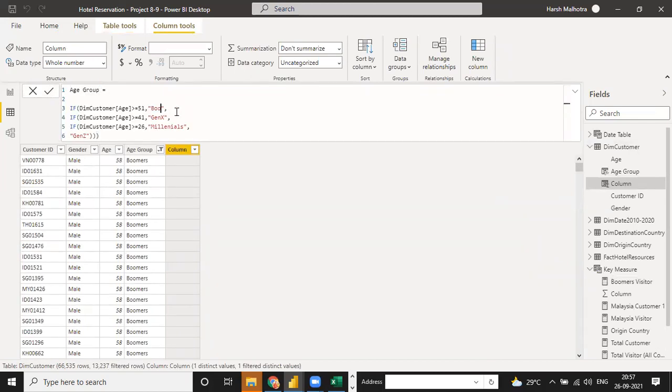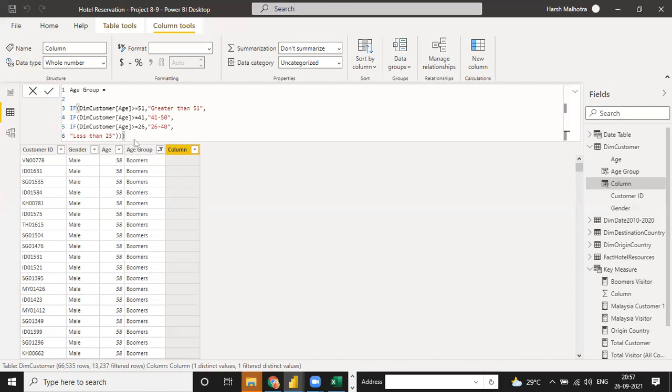Instead of boomer, you can write 51 or greater than 51, and instead of gen, you can write 41 to 50, and instead of millennials, you can write 26 to 40. And instead of gen, you can write less than 25.